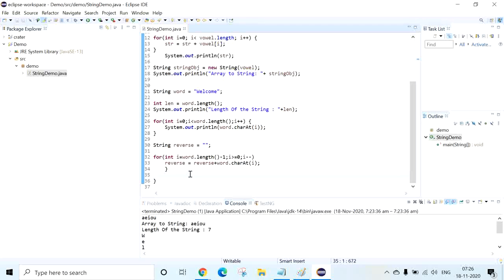Sometimes they may ask you whether the given string is a palindrome or not. Palindrome means the given input and the reversed input should be the same. So for example, if you write if